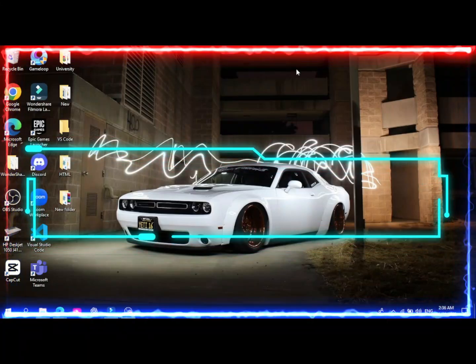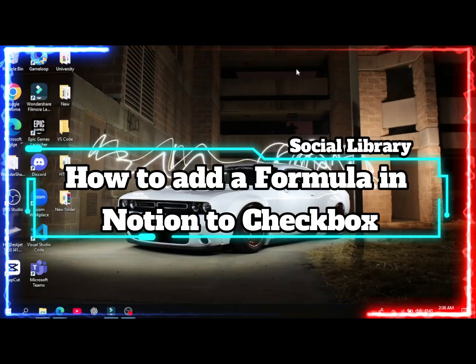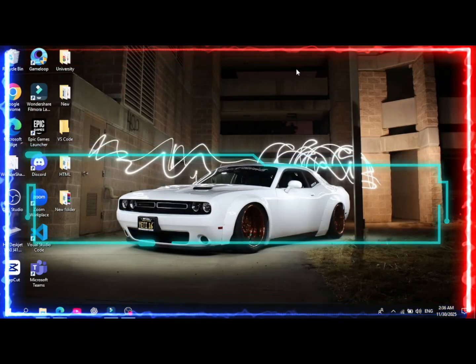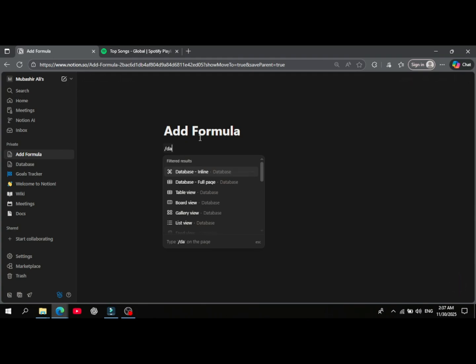Hey guys, welcome to this quick tutorial where we'll explain how to add a formula in Notion to Checkbox. So let's get started. Notion doesn't let you place formulas directly inside a checkbox property, but there's a simple workaround